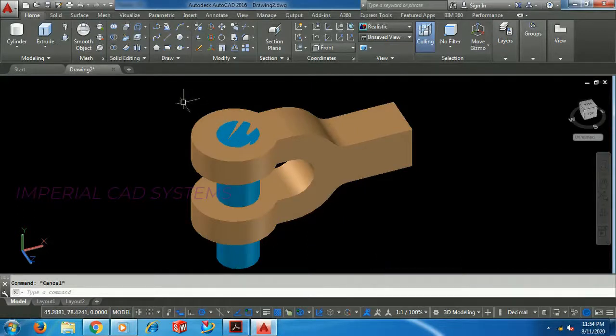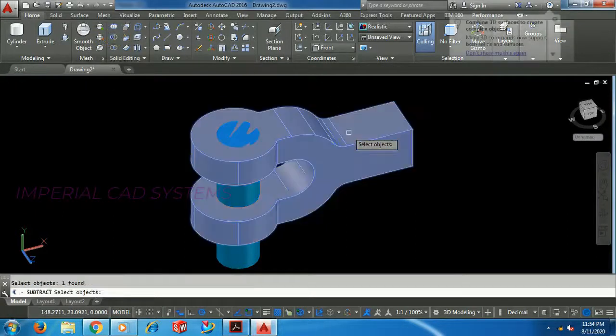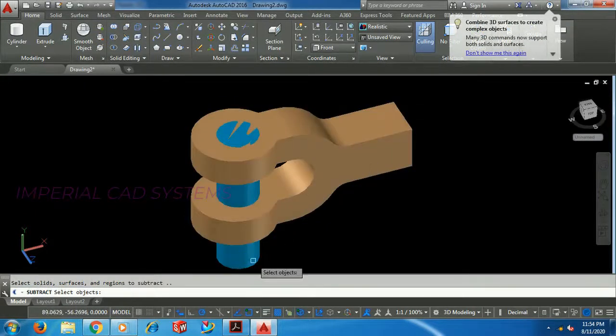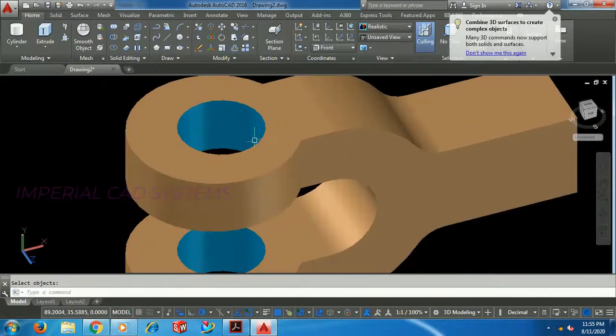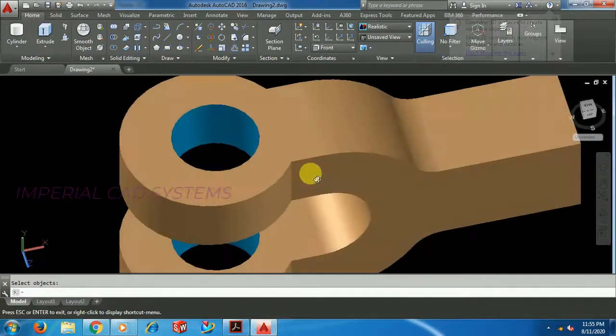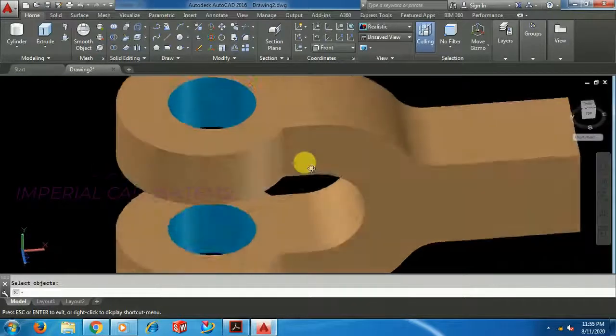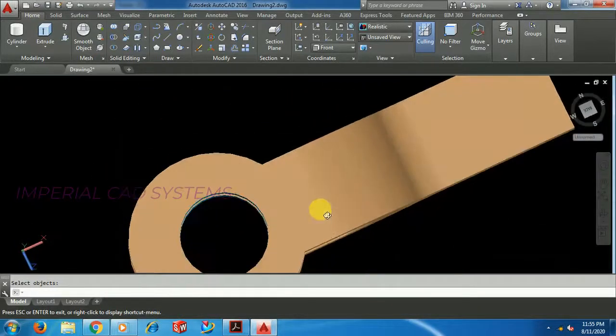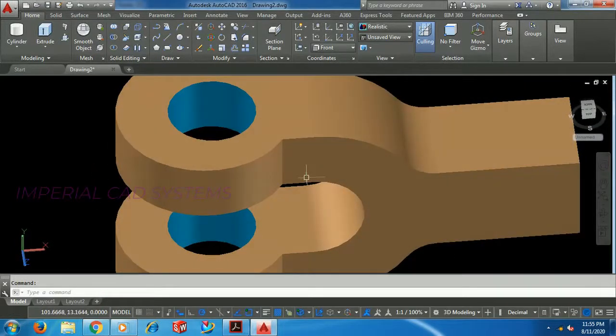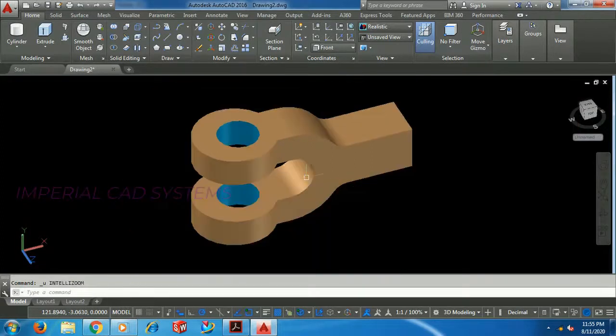Subtract, go to subtract, main part, enter, removing part. It is not formed at the center, that's why I went back. Move this, enter.